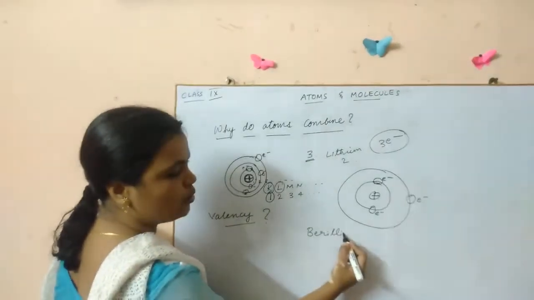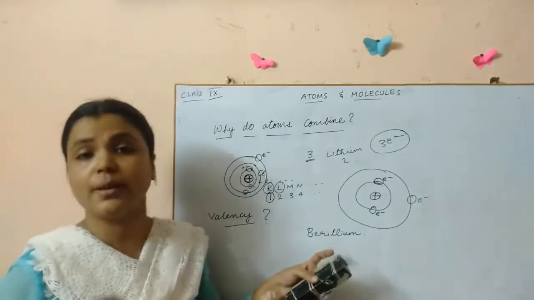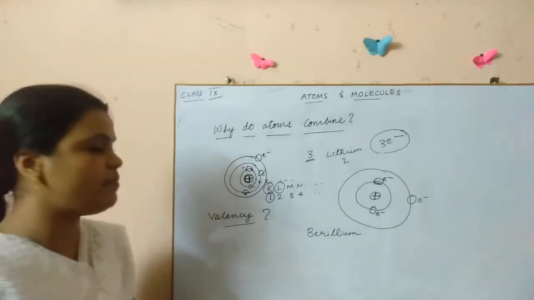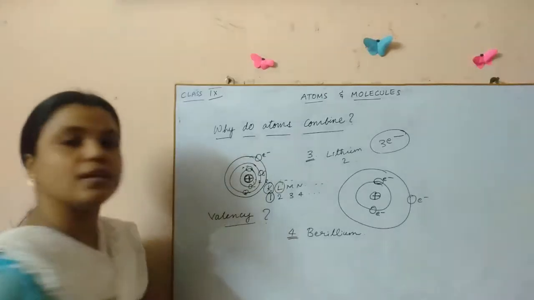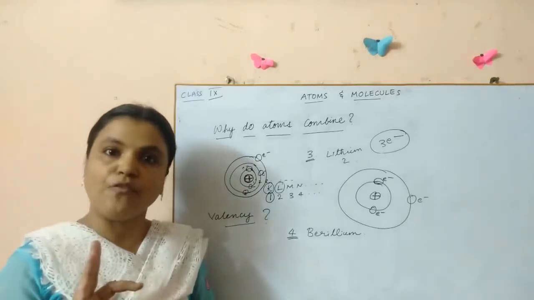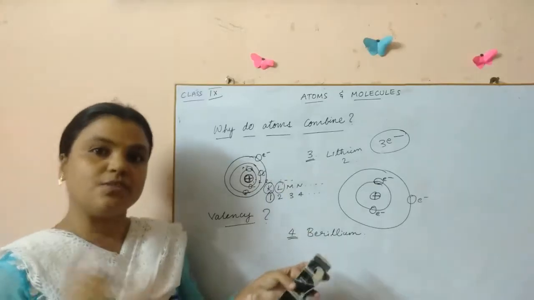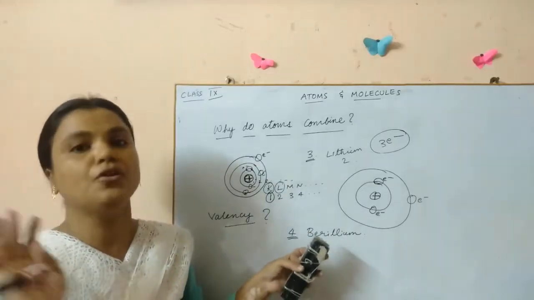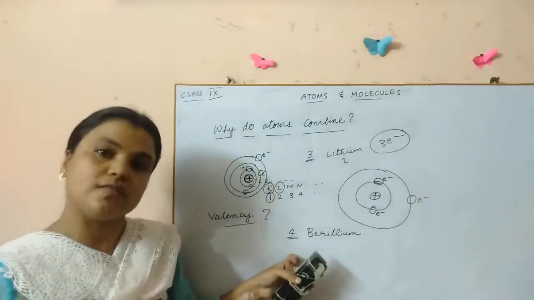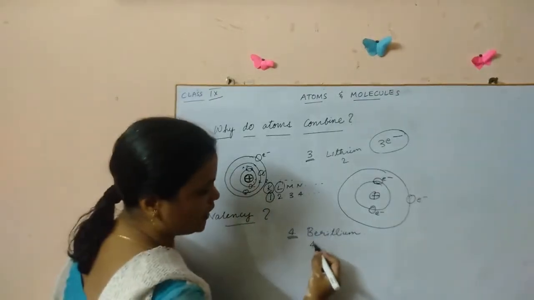Now, can you tell me about beryllium then? I already told you to get good information about the first 20 elements. What is the fourth element, children? It is beryllium. The fourth element means it has got 4 electrons and 4 protons. Always remember that the number of electrons and the number of protons are the same, children. If this has 4 electrons, the number of protons will also be 4. Now we are talking about the valency and electrons here. So how many electrons will be present in beryllium, children? 4 electrons.